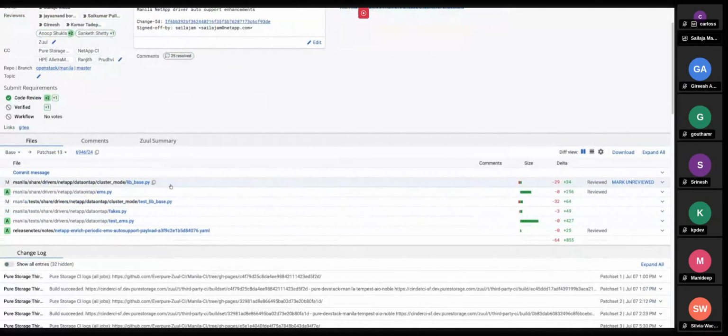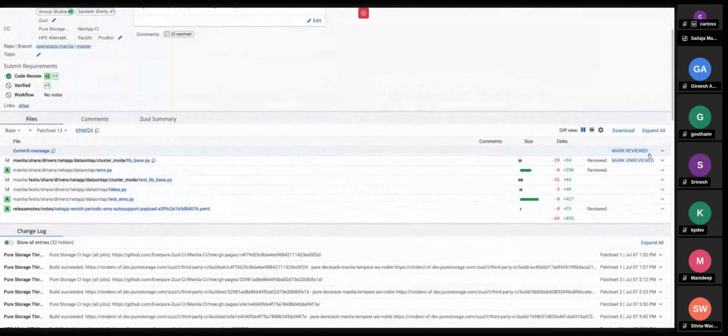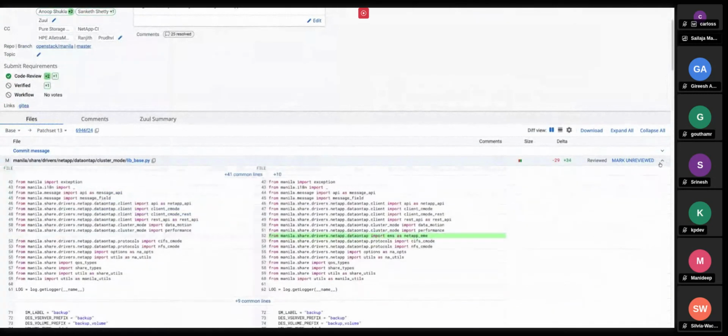What we are enhancing as part of these changes is that event 0, which is currently collected on an hourly basis, is enhanced to collect the features that are enabled, along with the object counts in terms of share servers, number of shares and number of share snapshots. All those details are collected for each configuration. That is the first change.